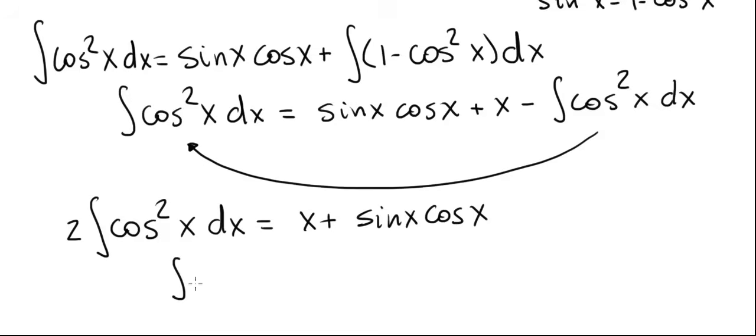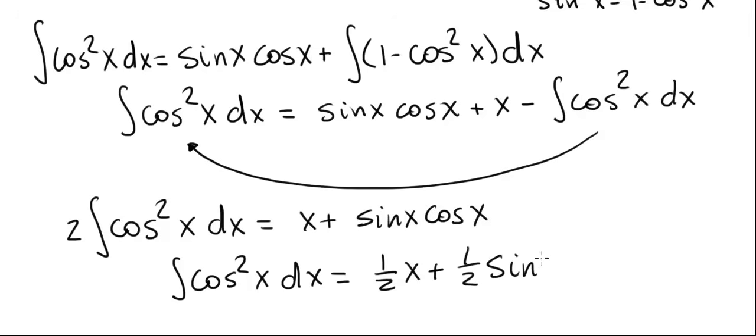And now the integral of cosine squared x dx, after dividing both sides by 2, equals 1/2 x plus 1/2 sine x cosine x plus c, which is exactly the answer we got when we used the first